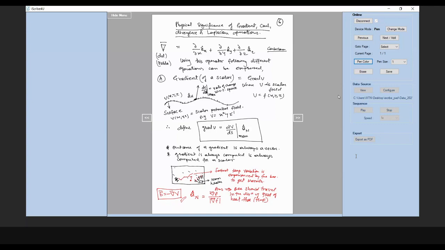Now your job is to write the gradient expressions, in the book or by referring to the net or whatever. As homework, I have written the gradient Cartesian expression. You people also have to write the gradient expressions in the cylindrical system and spherical system, that is, the gradient of a scalar function expressed in cylindrical and spherical coordinates.